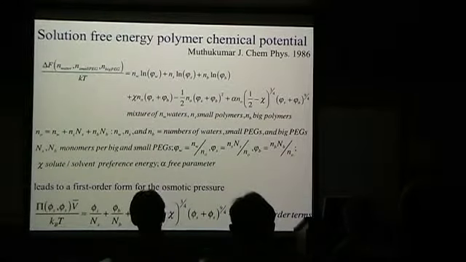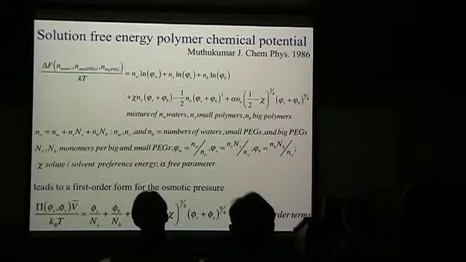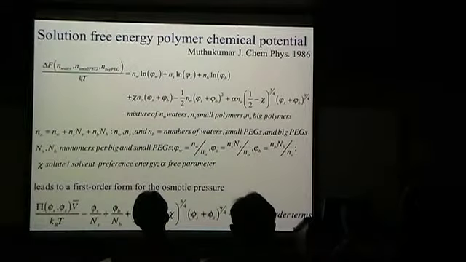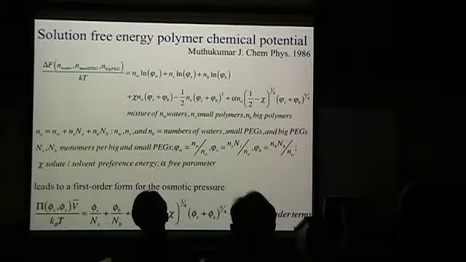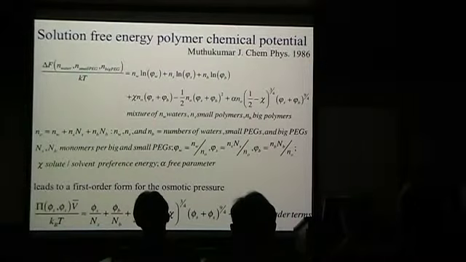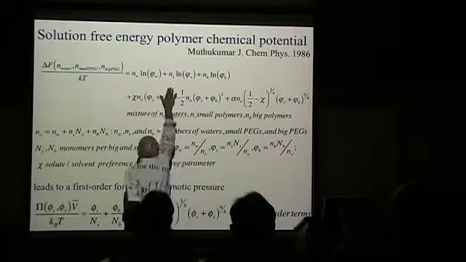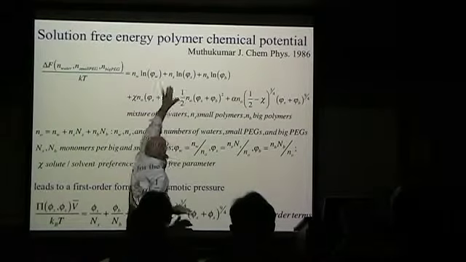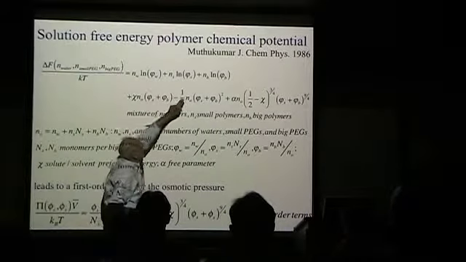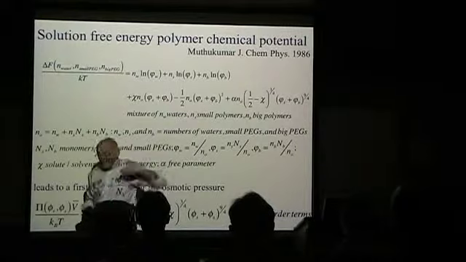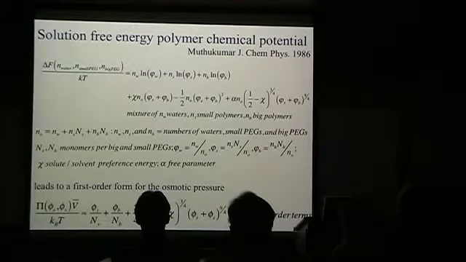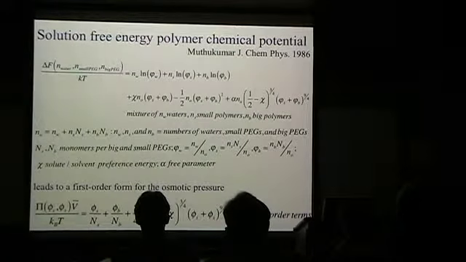So Rudy and I hied ourselves off to the office of Mutu, very good polymer guy, and he pointed out that we could rationalize all this simply by having Van 't Hoff terms, log ideal gas terms for bigs and smalls. V is a technical notation. B stands for big, S stands for small, W stands for water.